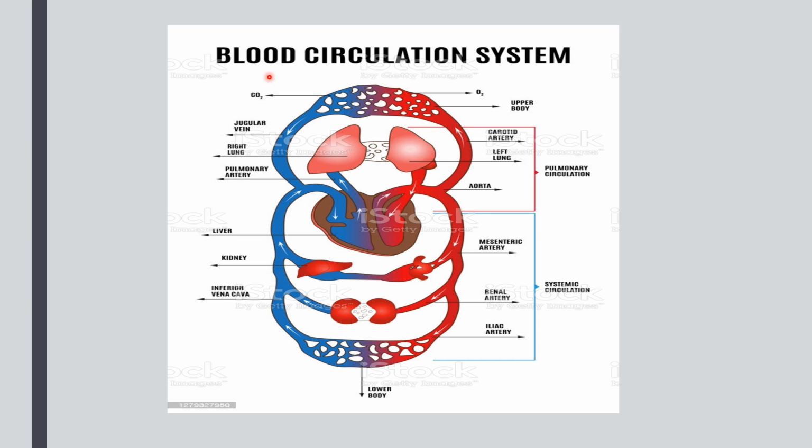Children, when diagrammatic representation of the circulatory system is done, we find that the arteries are shown in red color and the veins are shown with blue color. Does it mean that the blood in the veins is blue in color? No, definitely not. This is just to create a contrasting effect. The arteries carry pure blood or oxygenated blood, and this oxygenated blood is bright red in color, whereas veins carry impure blood or deoxygenated blood, and this blood is dark red in color. So please keep in mind, in order to create a contrast effect, the blood in the arteries and veins is shown using different colors.